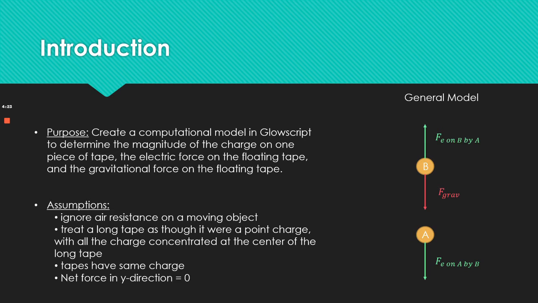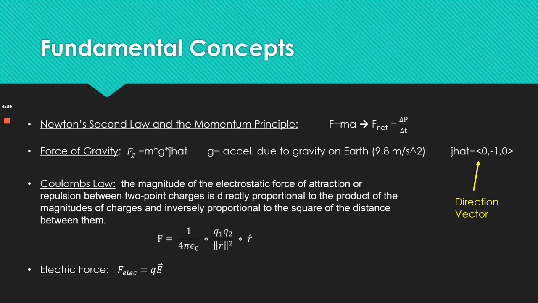Additionally, on the right is a simplified free body diagram in which two charged tapes labeled A and B are repelled from each other. As a result, the bottom tape experiences an electric force from the floating tape B in the negative y direction. Important physics concepts implemented in this lab include Newton's second law, where F equals ma,